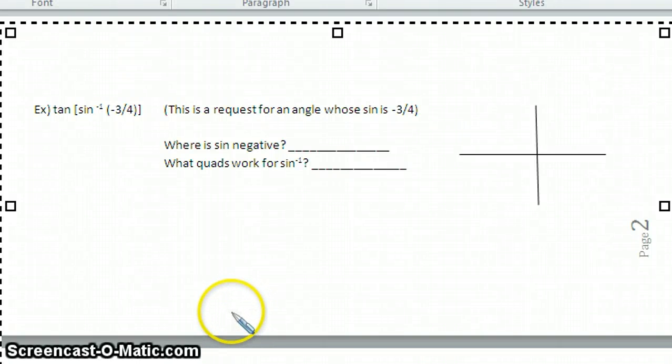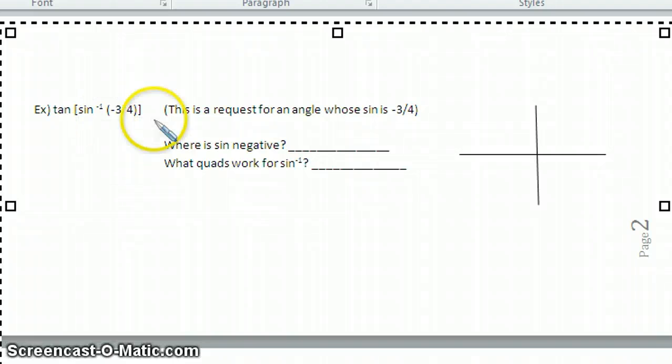Okay, this video will cover the second part of either Trig Notes 1.7 or PreCalc Notes 4.7. Remember, the topic here is dealing with inverse functions. So if I'm going to ask you to find the tangent of the sine inverse of negative 3/4, first thing